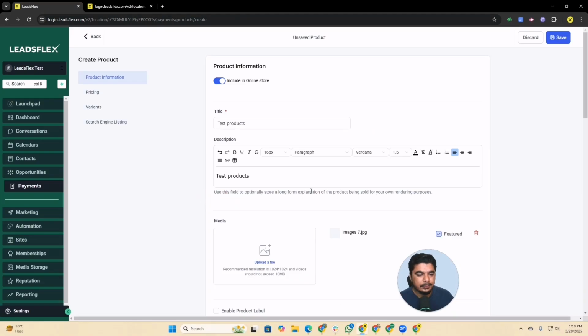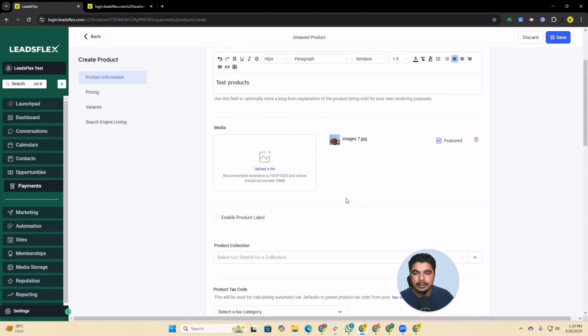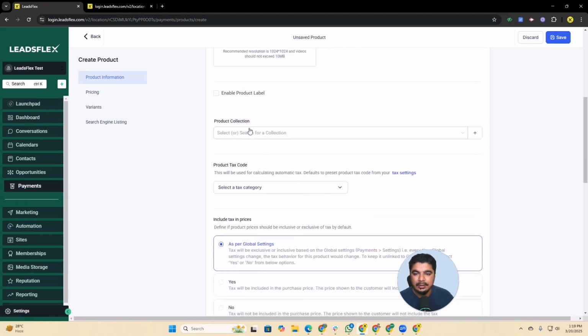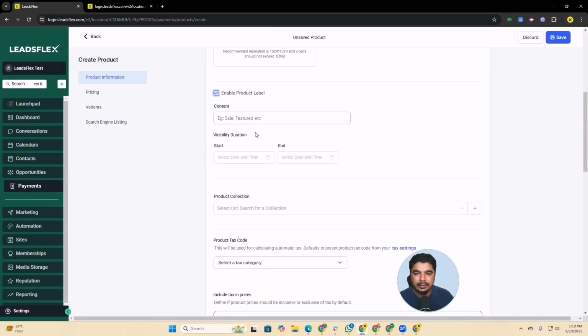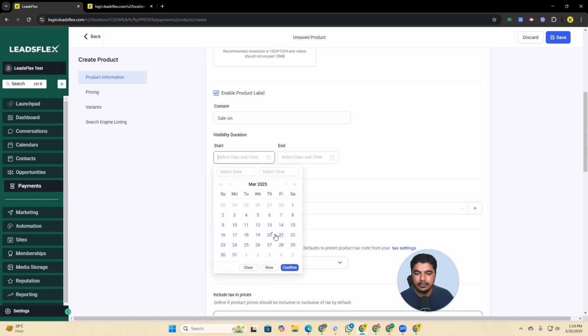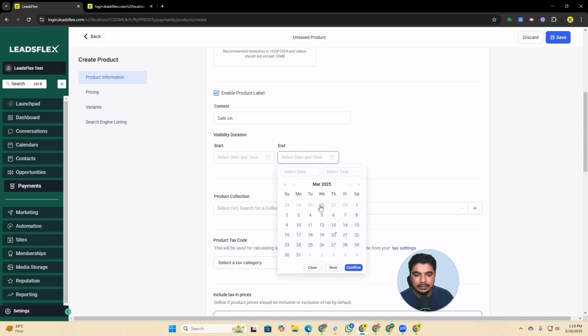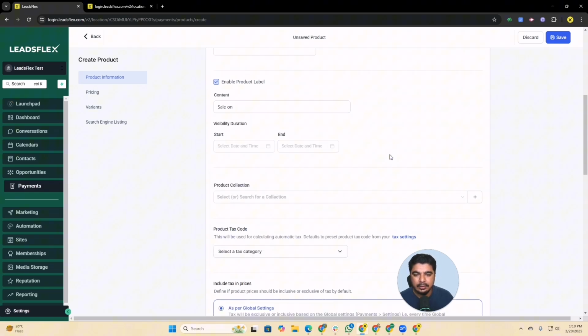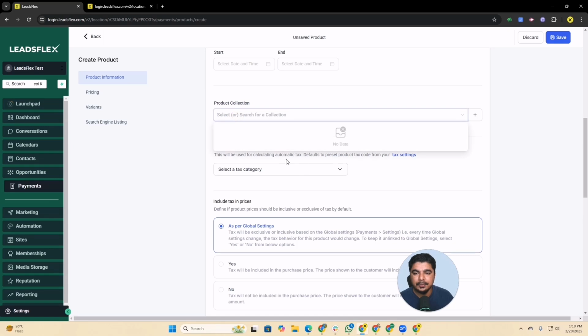In this case we say that's our product. That's a feature image. You can upload your other images as well, and here you enable product label. If you have any label on a product you want to enable it, we will say sales on, start from. If you want to add some sales on, okay, so you can put your sales on,